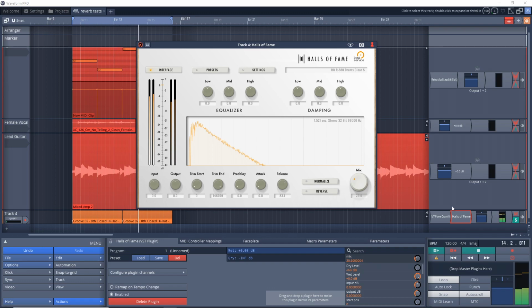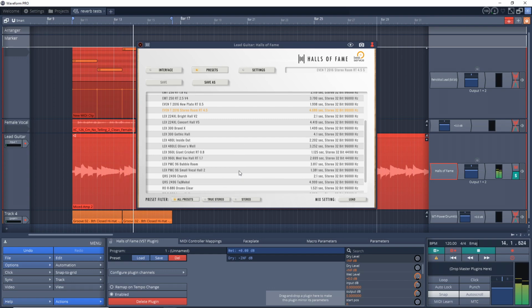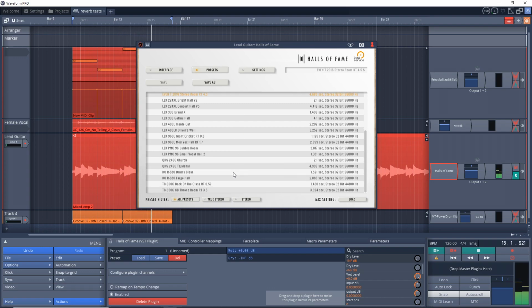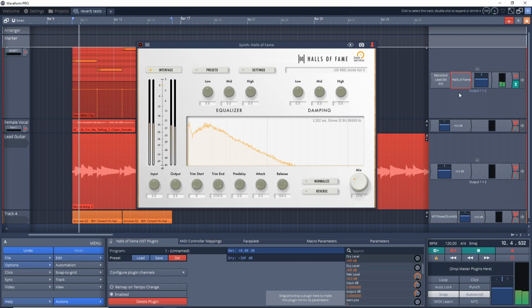Now, getting this plugin is a little interesting as you have to sign up on their website. Also, you need to download and install the reverb models as a separate folder, and then the activation process is also interesting, but this is all very straightforward if you follow their directions on the website. It's pretty easy to do, but it's just a little out there for plugins. I've never gone through something like this for a plugin before.